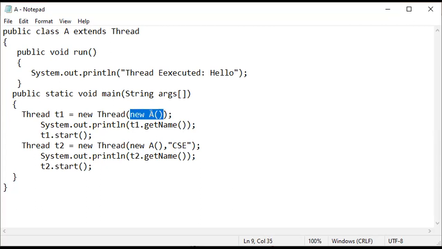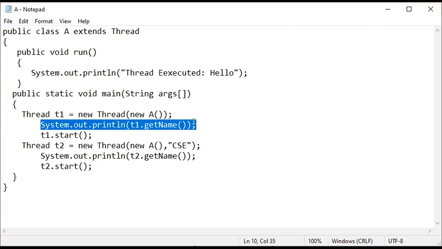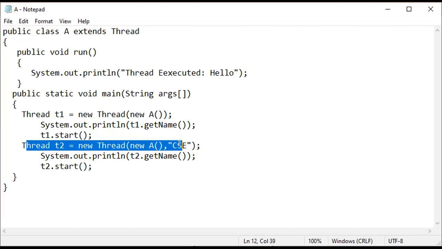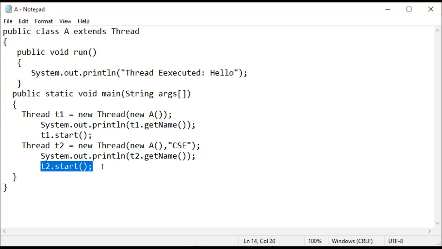So this thread refers to the class A object. Here we get T1 name and T1 start. And thread 2 is the same, but here I gave the name CSC for this thread, and I'm getting the name, and T2 will start. So this T2 start method makes the thread object alive to run.